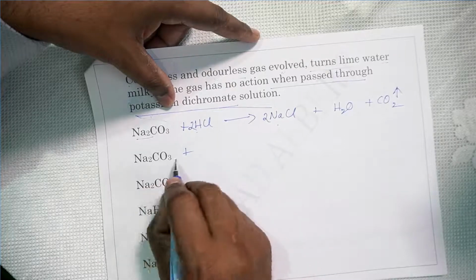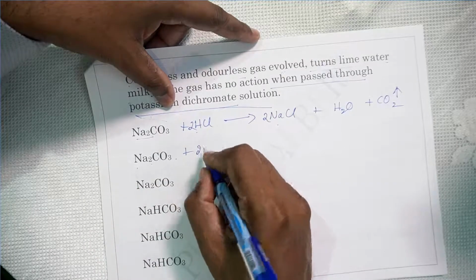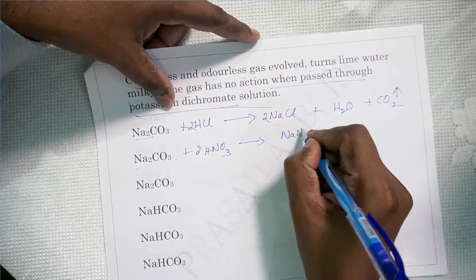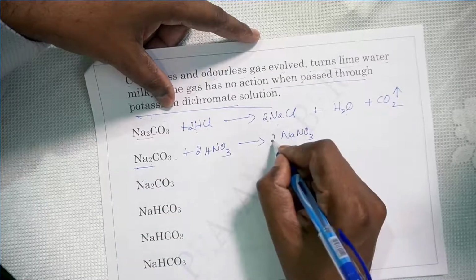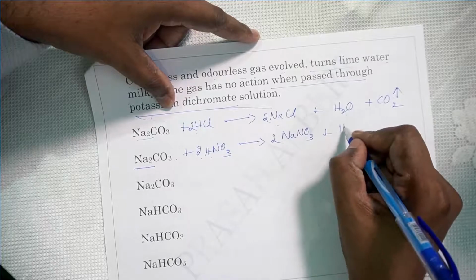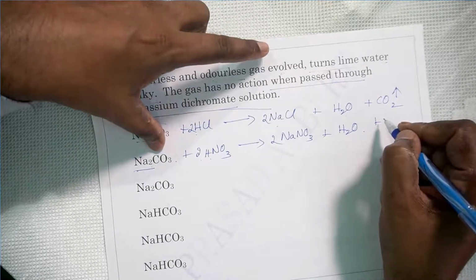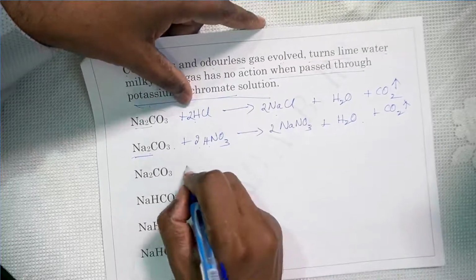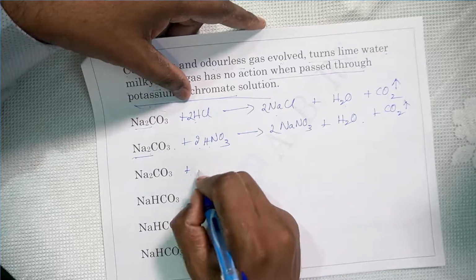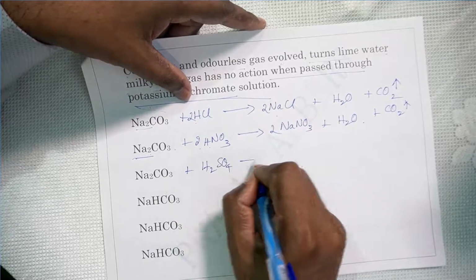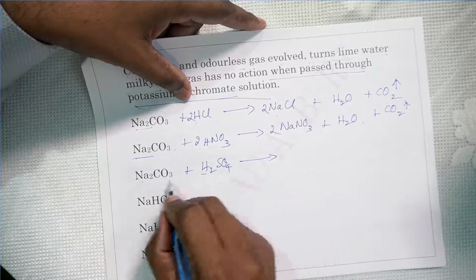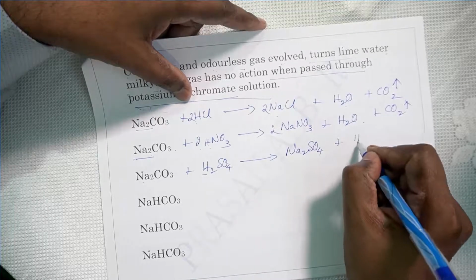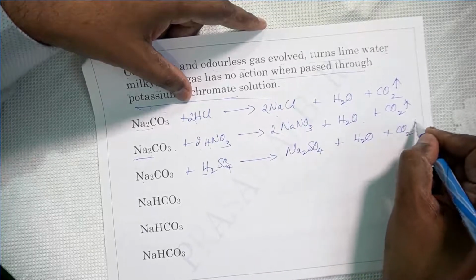Now Na2CO3, 2 sodium means 2 HCl; 2 HNO3 is required. Nitric acid also 2 will be required, and you get NaNO3, sodium nitrate. Na2 is there, so there will be 2 NaNO3, plus there are two hydrogens, so one molecule of water H2O, plus there is one carbon CO2. That's it. It is balanced there. Then Na2CO3 plus the next acid, sulfuric acid, H2SO4. Two hydrogens, two sodium. So that means perfect balance. So it will be Na2SO4 straight away, and water and CO2. Nothing to do. It is perfectly balanced.